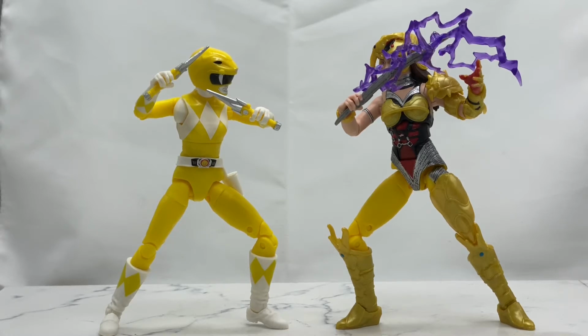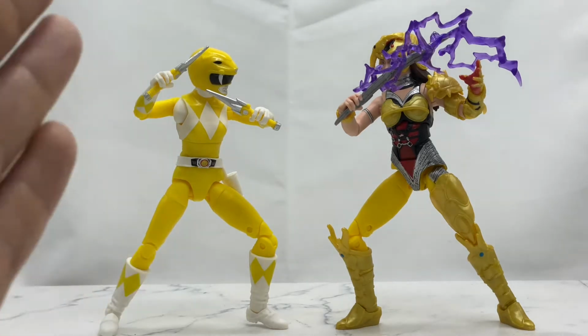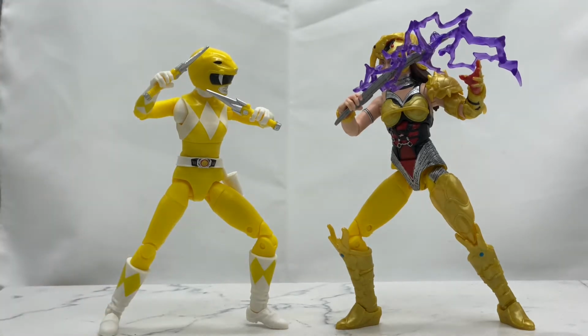With all that out of the way, guys, once again, we're going to be taking a look at the brand new Hasbro Power Rangers Lightning Collection, Mighty Morphin Yellow Ranger versus Scorpina. I was late into collecting the Lightning Collection and especially the Mighty Morphin Rangers, so I did miss out on Trini. So for all intents and purposes, this is Trini for me and not Aisha, as technically is the case